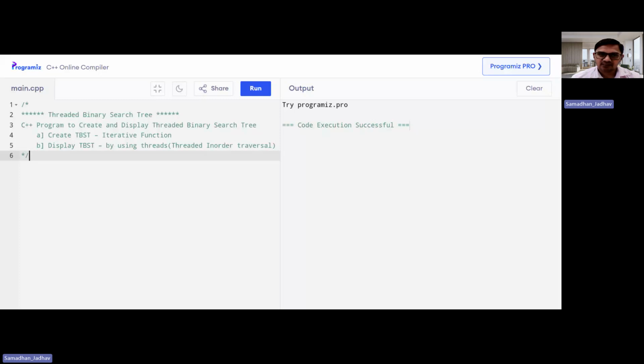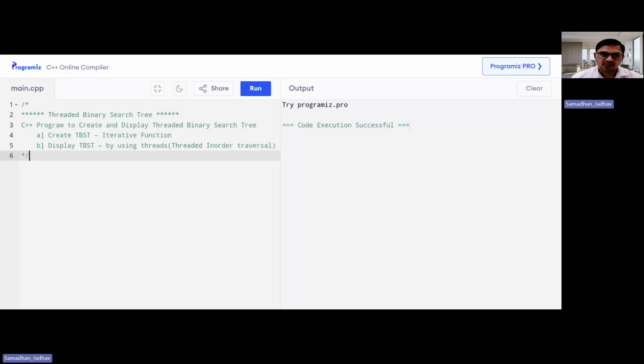So here we are avoiding recursive as well as iterative functions, and we are using threads to access the right nodes or the in order successor nodes of the threaded binary search tree. So that is the basic application of threaded binary search tree, that we can use threads to refer to in order